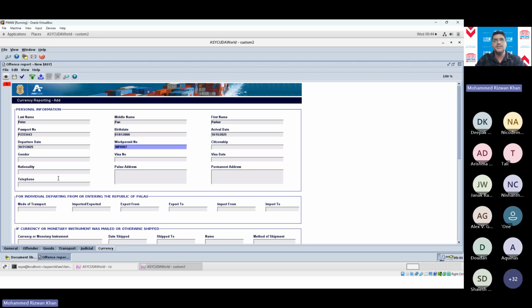Just note that this is from the requirements given to me by Palau Customs. So this may be different from your requirements, or the fields that are there may be different from what you are capturing. So this actually can be tailor-made or enhanced to suit your environment. But basically, these are the things that you capture.